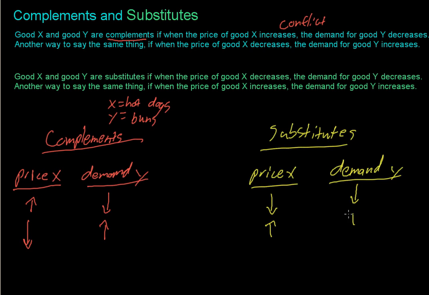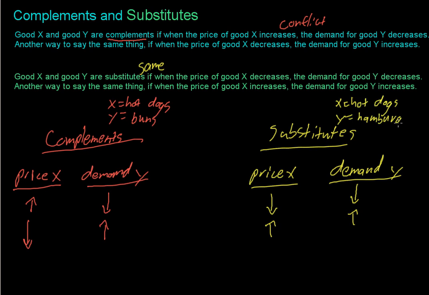And so the way that I remember this is substitutes starts with an S, and that's the same thing that the word same starts with. So substitutes move in the same direction. If the price of x goes down, the demand for y goes down, and if the price of x goes up, the demand for y goes up. So substitutes are goods that can replace each other, and the really obvious one is hot dogs and hamburgers. So if x is hot dogs and then y is hamburgers,